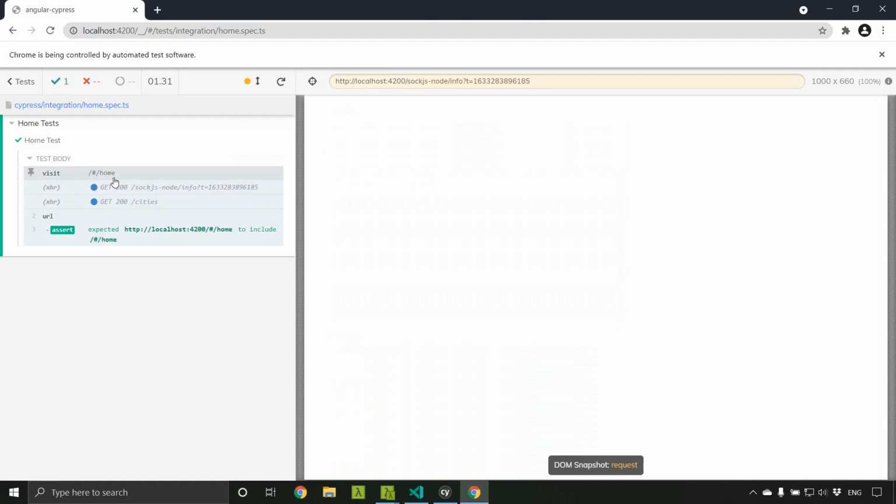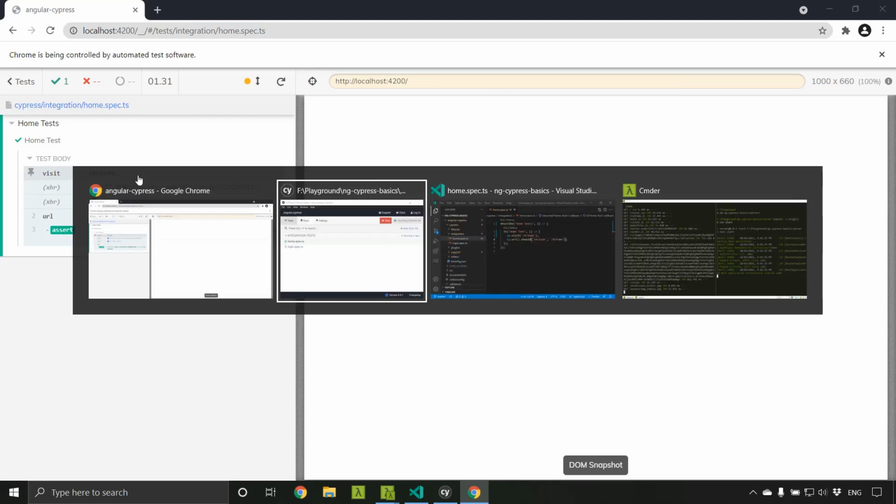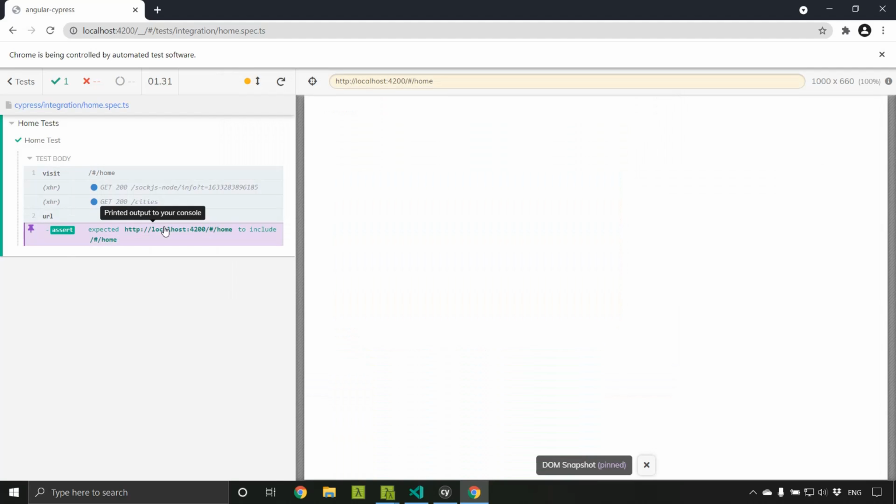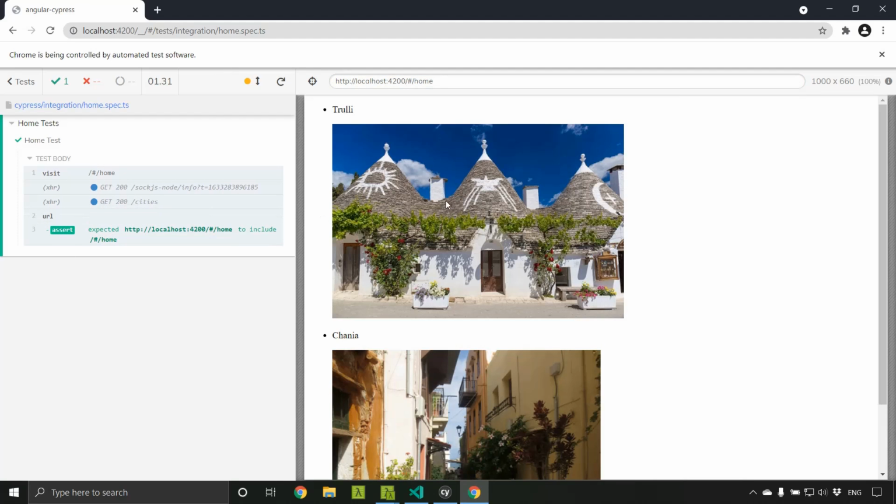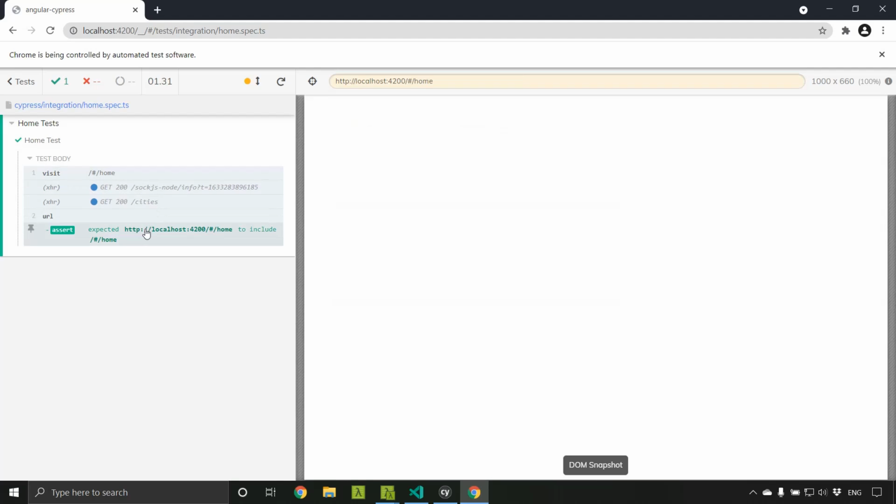Now both the assertions have been successful, like the URL contains the home, and in our home page you can see that there are two images displayed here. This is actually dynamic, and it depends on the number of entries we receive from this particular API.